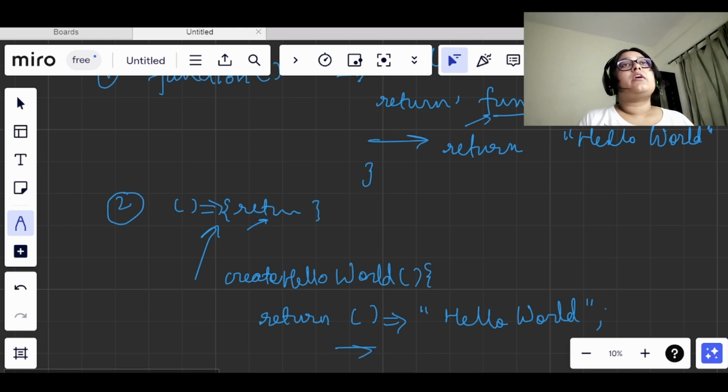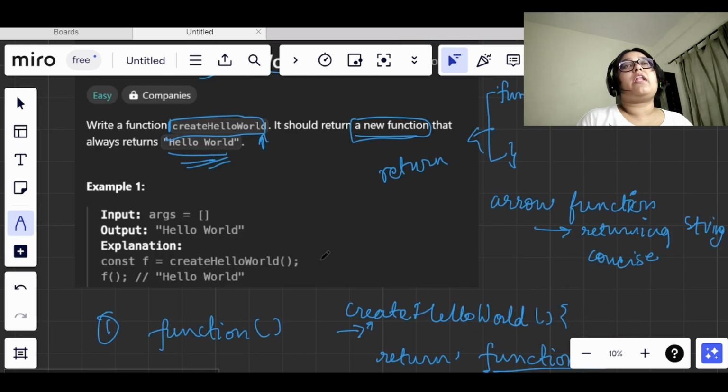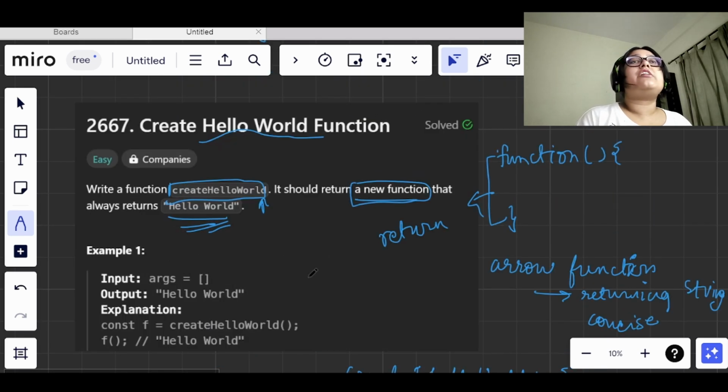So like while learning or starting any programming language, the first thing that we print is hello world, and here also we are doing the same thing. So let's move on to the code. So whatever little doubts were there, or any difference in the syntax, will be reflected there.